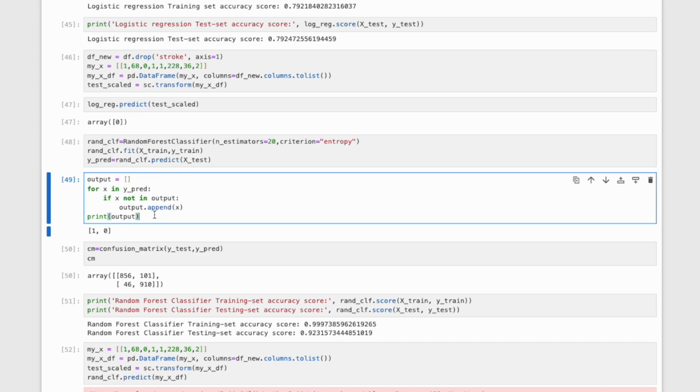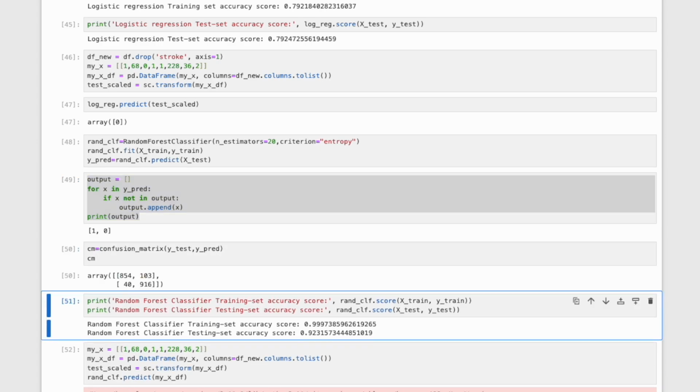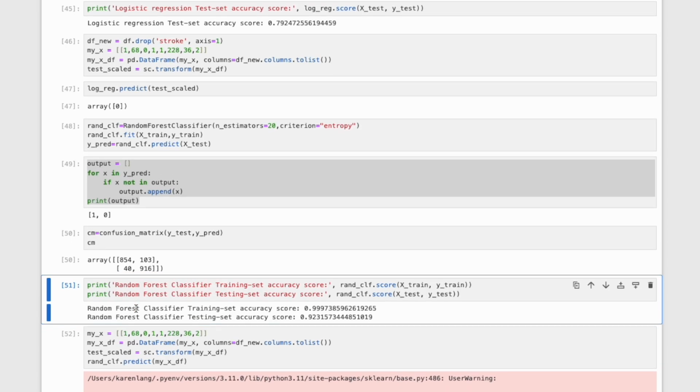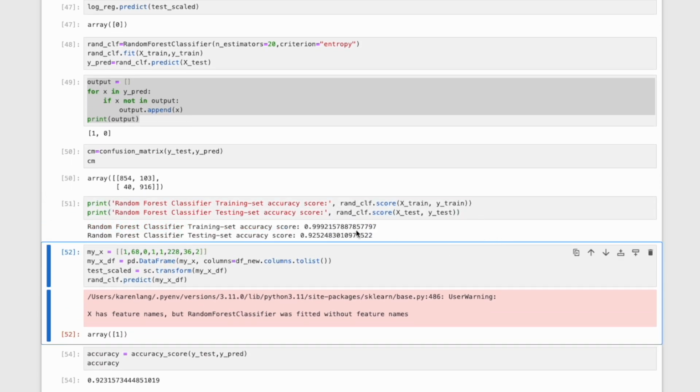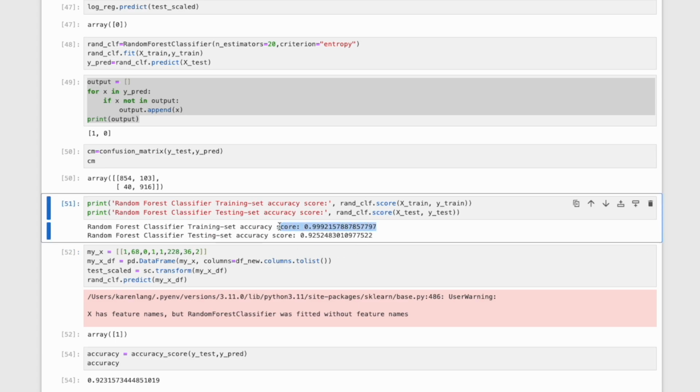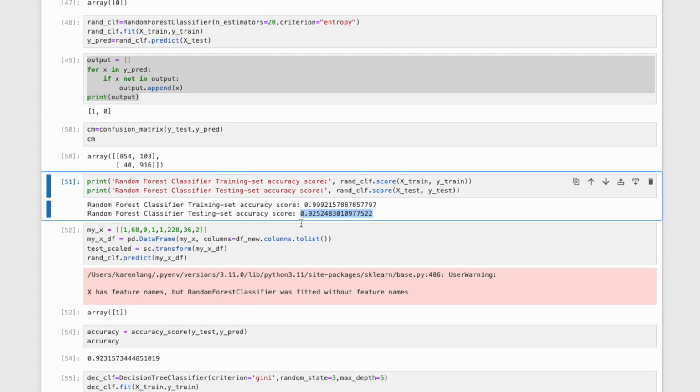Now that I've balanced things up, in my target prediction I'm getting both the possibility of stroke or no stroke. Once again, this confusion matrix gives us some numbers, with our false negatives dropping a little bit. If I run my accuracy scores again, we're jumping way up. That's on the training set, which is expected to be high, but this is a pretty good accuracy score of